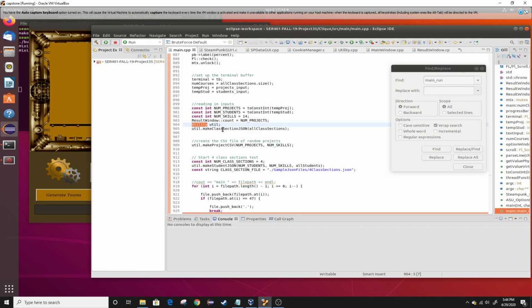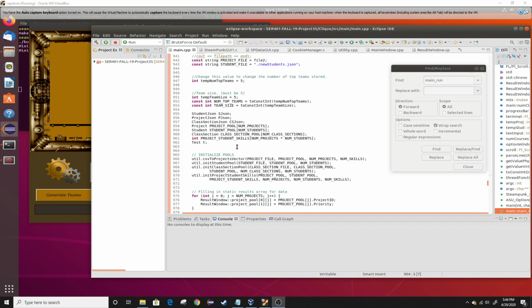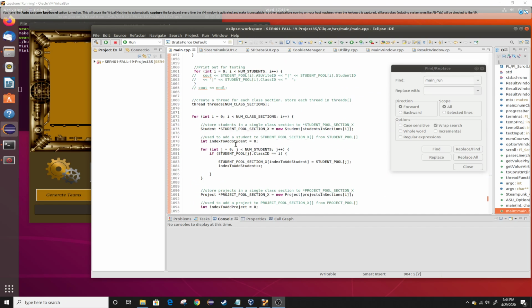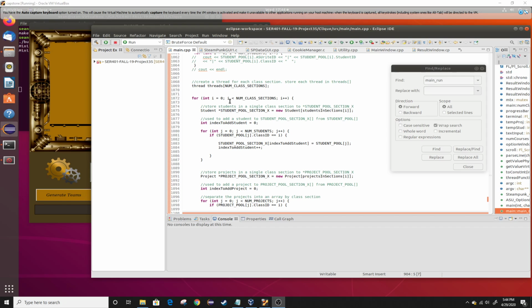Utility is a function library that we created. A lot of methods are used in there to read and write CSV files, JSON files, and to organize arrays. Example given, partitioning them by priority, class section, or class type. Each class section has its own thread, and thread function